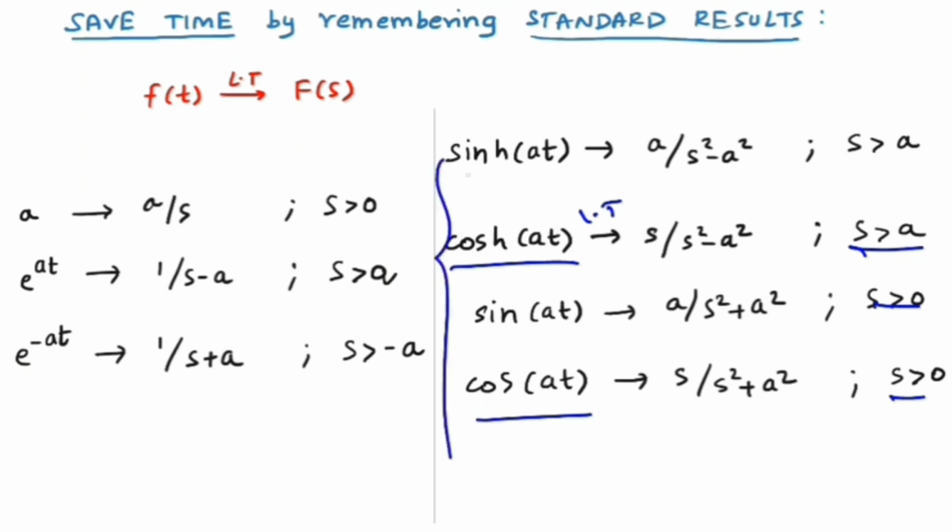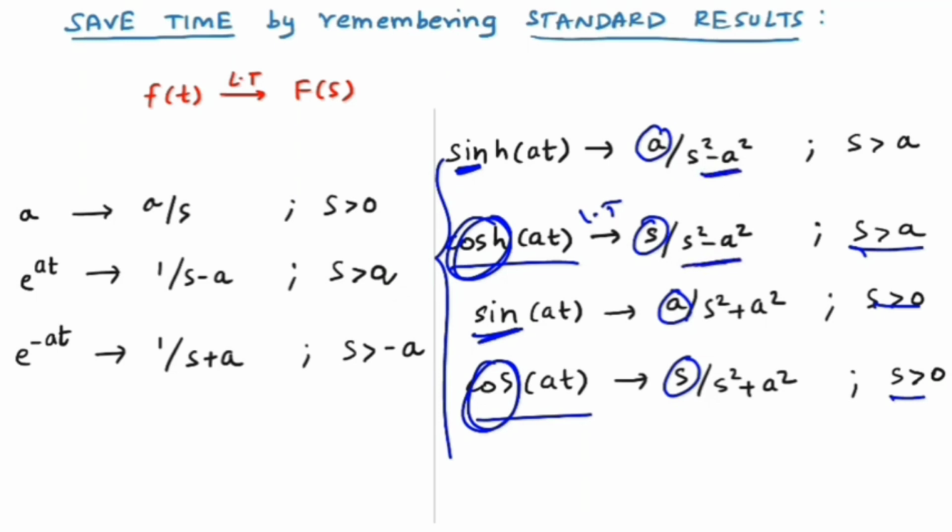The very first point is, whenever you have sine, the numerator is a constant value, that is a, right? And whenever you have cos, the numerator has the s parameter. Okay, so numerator will have s. Now note that whenever you have the hyperbolic part, the denominator is negative, and whenever the functions are normal, the denominator is positive. So this is the important note which you should make to remember and revise the formula very fast.